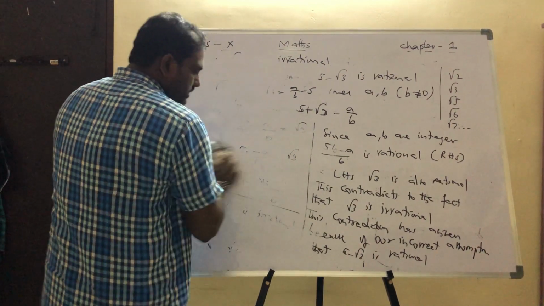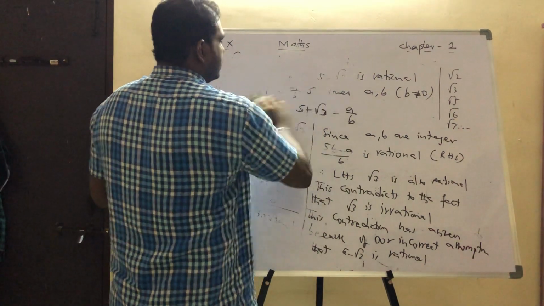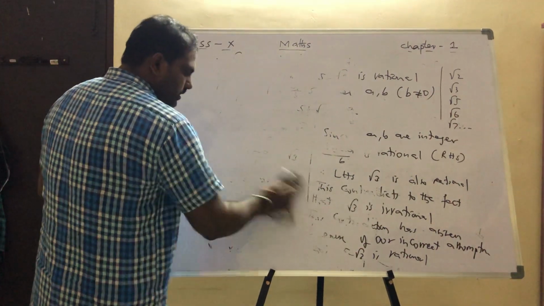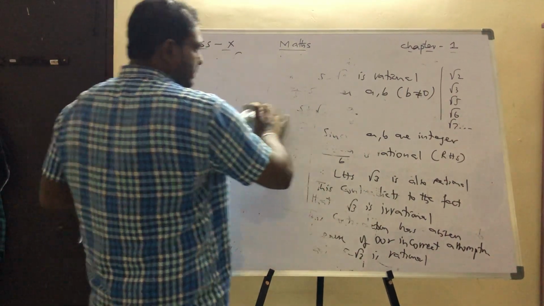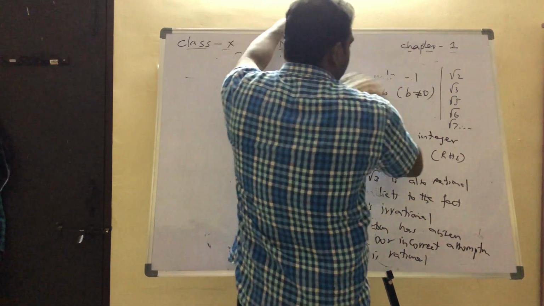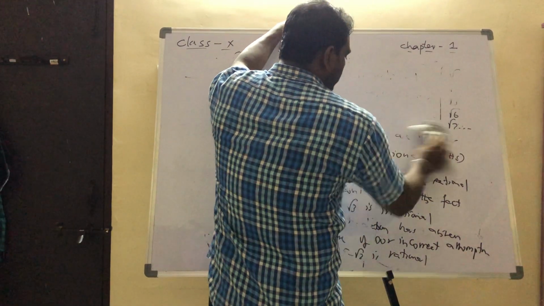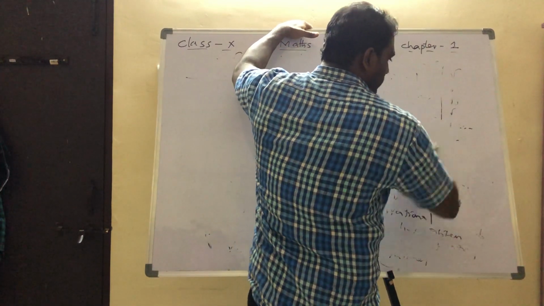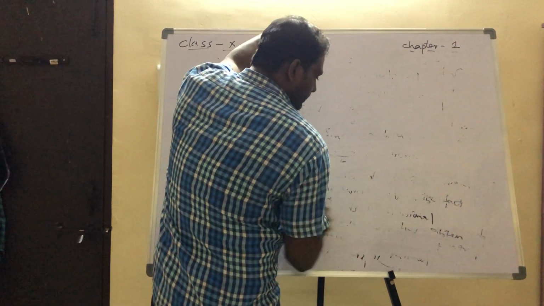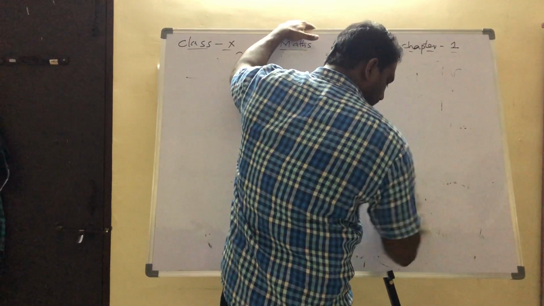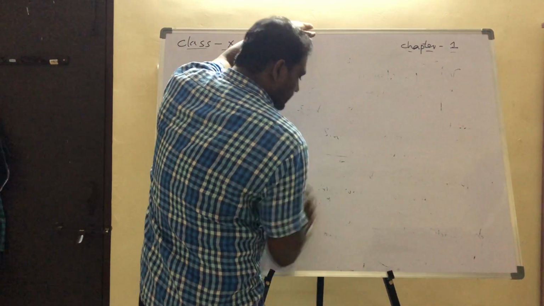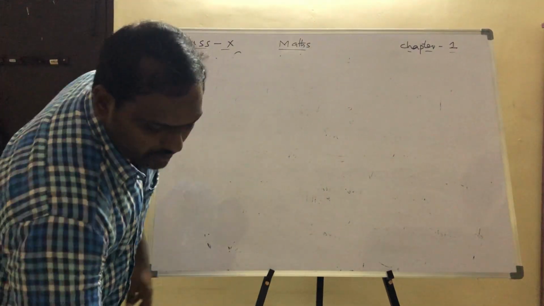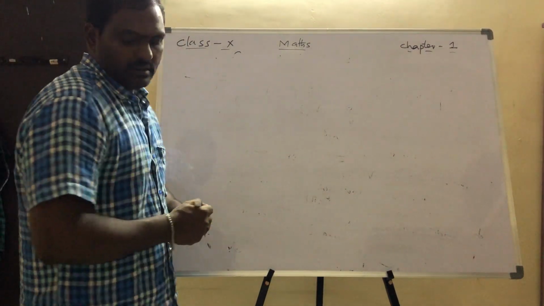If you learn the points to write, you can implement them for any other question given from the examination point of view. Don't expect the same numbers in the examination. He may change the numbers, but whatever he changes, the concept does not change. The numbers will change, that's all. The method and the proof, what to prove, everything will not change. Only the numbers will change. Next, one more point, one more method.